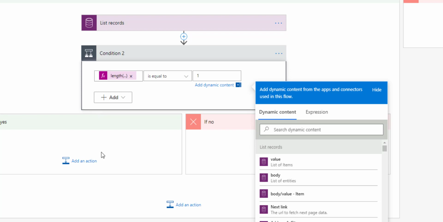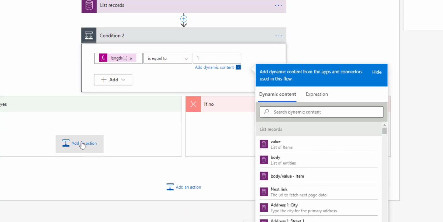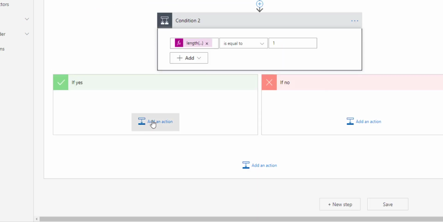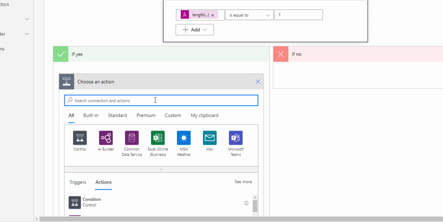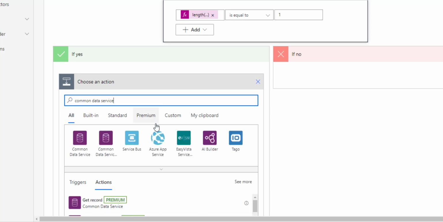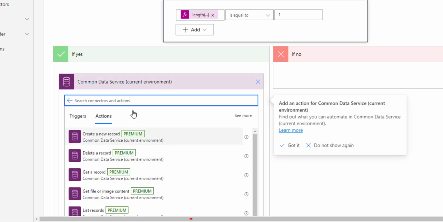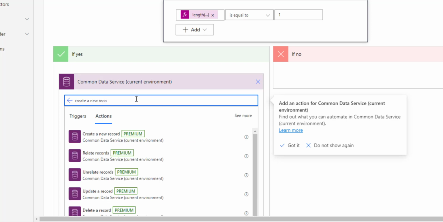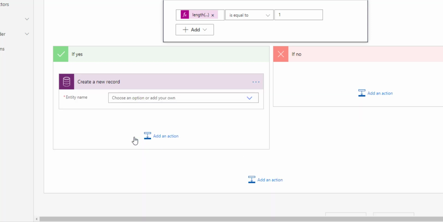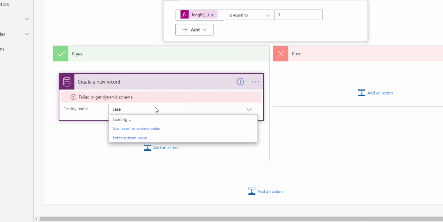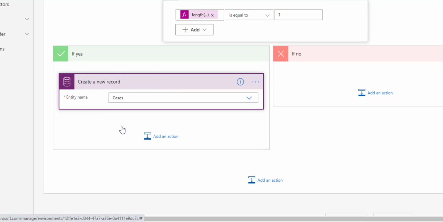All right, so let's go ahead and say, what are we going to do if we indeed have a contact record in there, right? Then I only want to create a case. So again, we're going to create a new record, and I'm going to say Common Data Service. And I want to do the current environment, and then I'm going to create a new record. There we go. And we're just going to create that case because we already have the contact record, right? We just determined that. So I'm going to click on cases,